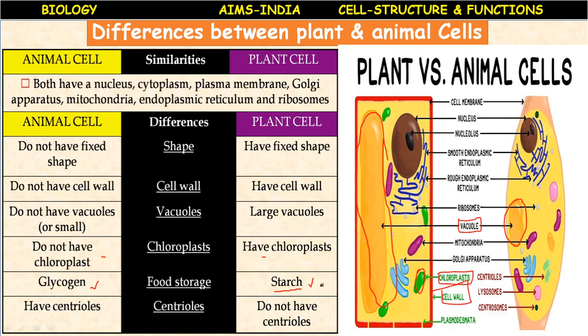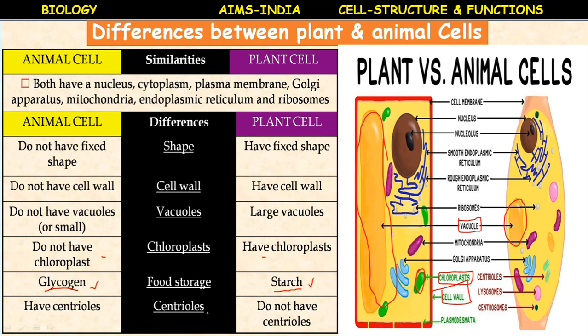In plants it is stored in different parts like roots, fruits, stem. Okay, example, potato, starch is present in the stem part. Fruit, banana, starch is present in the fruit. Okay, in the roots also. So different parts of the plant store the food material in the form of starch. But whereas in animals, the excess of carbohydrate is stored in the form of glycogen in the muscles and in the liver.